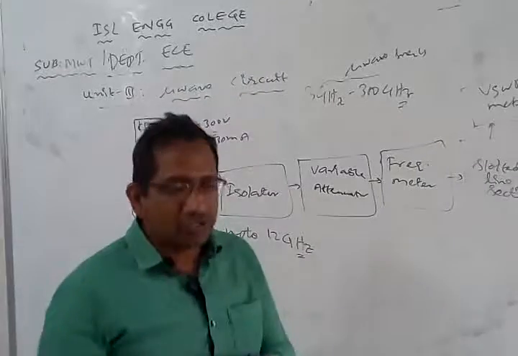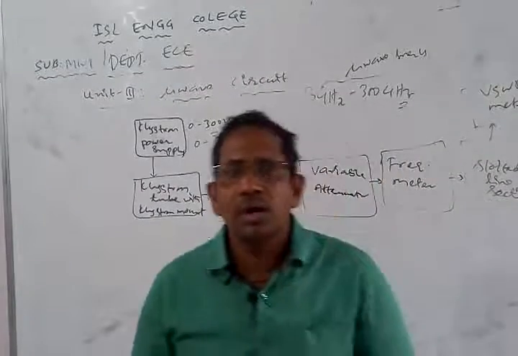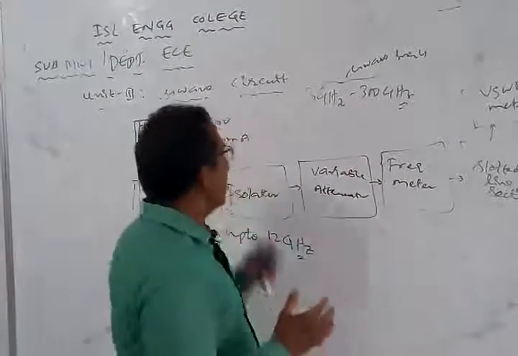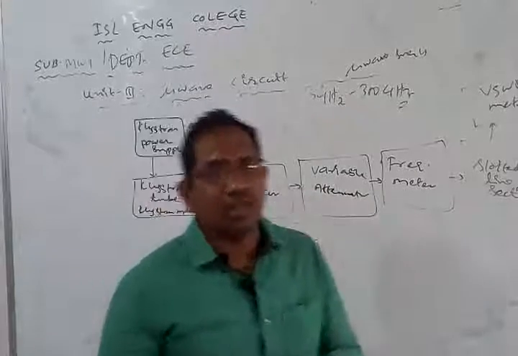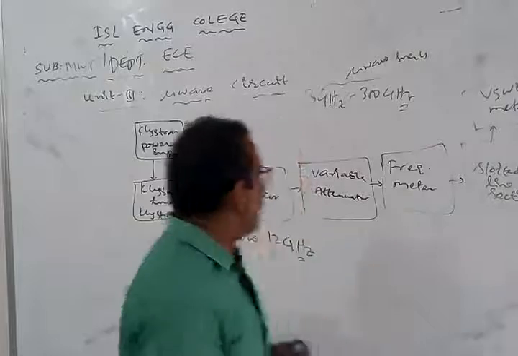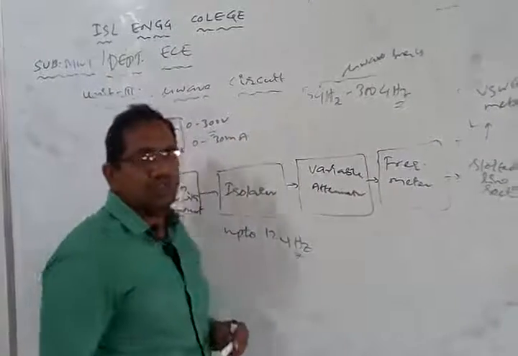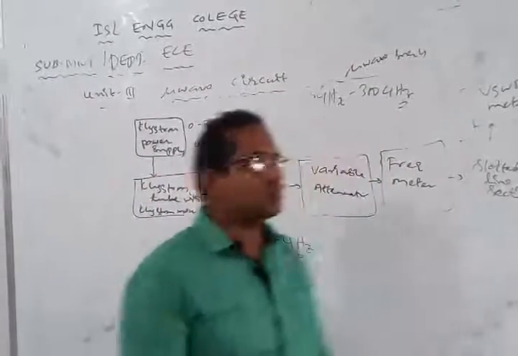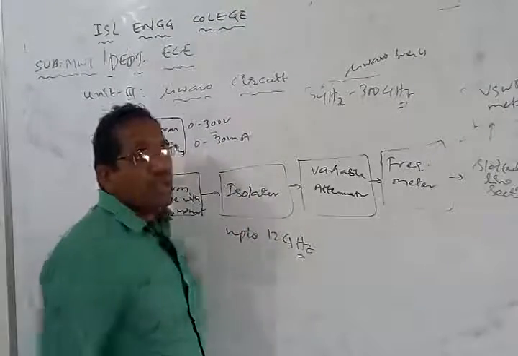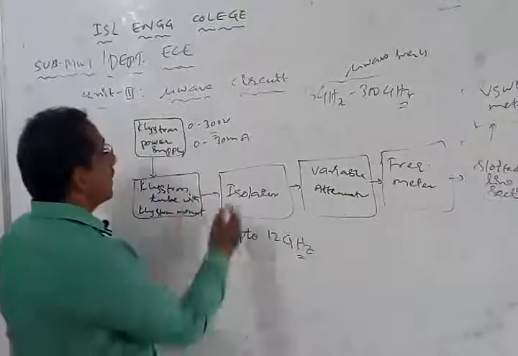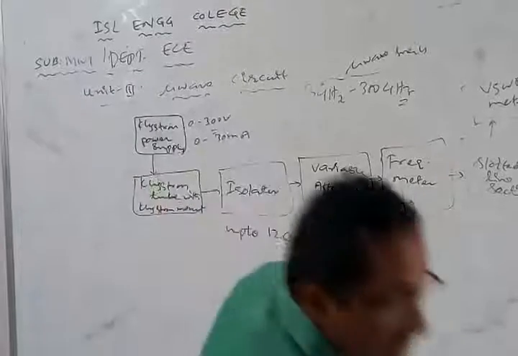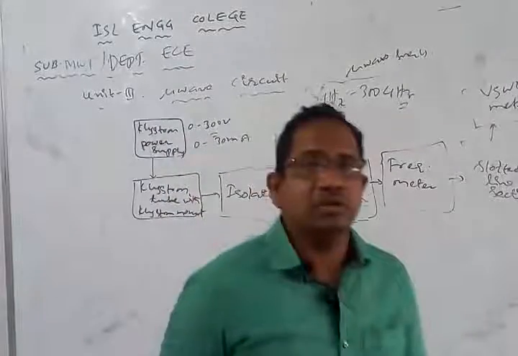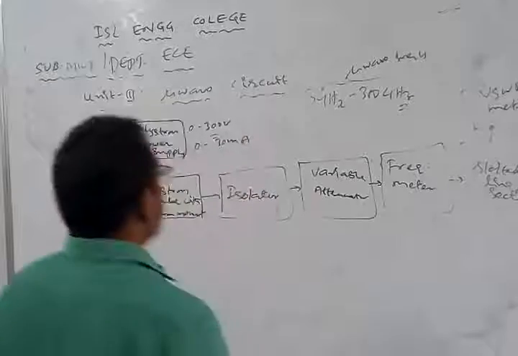Why? Because how does the transformer operate? The transformer operates based on the principle of magnetic induction. The electrical signal is not directly connected to the output of the transformer. Only by magnetic induction is the input signal connected to the output signal, which means the input and output circuits are electrically isolated because of the transformer circuit. So that's what we have used as an isolator. Now here also we are using an isolator. Why do we have to use an isolator? That is a very, very important point. You can never have any microwave circuit without the isolator. Why does the isolator have to be there? Let us look into this.